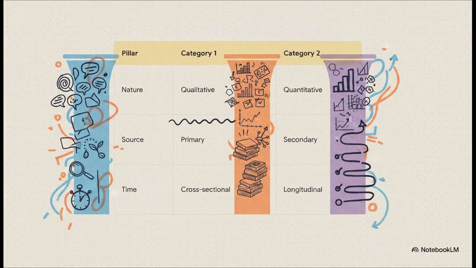We do it by filtering all this chaos through specific pillars to create perfectly manageable buckets. First up, by nature, is the info qualitative, meaning it's descriptive and non-numeric, kind of like a written movie review, or is it quantitative, numeric and measurable, like a quick 5-star rating? Then, by source, which we touched on a minute ago, is it primary and original, or secondary and derived? And critically, we sort by time reference. Is it cross-sectional, giving us a snapshot of right now, or is it longitudinal, tracking changes over, say, a decade? By filtering raw information through these specific categories, all that chaos immediately starts to take on a clear, readable structure.